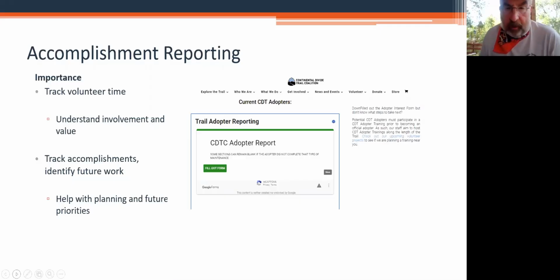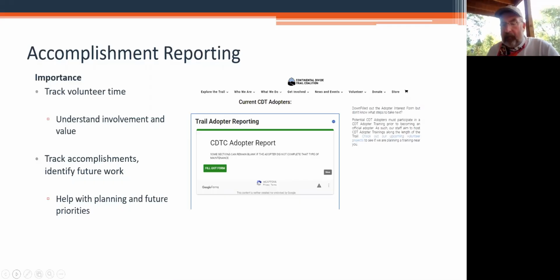What you might ask the agency is if they have an online or phone app that you could use to record the accomplishments, as well as what needs to be completed if you didn't have time.